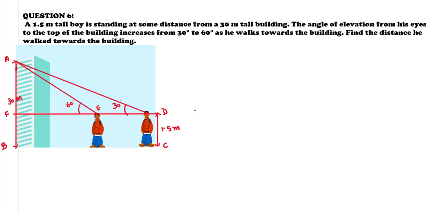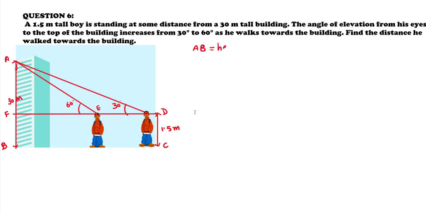distance covered. So if we find the value of FD or we can say BC and then if we find the value of FE and we subtract the value of FE from FD, so what will come? It is ED. And for that what do we need? We need perpendicular and base. And this perpendicular and base ratio is in which trigonometric ratio? It is in tangent theta. So we will be using tangent theta here.